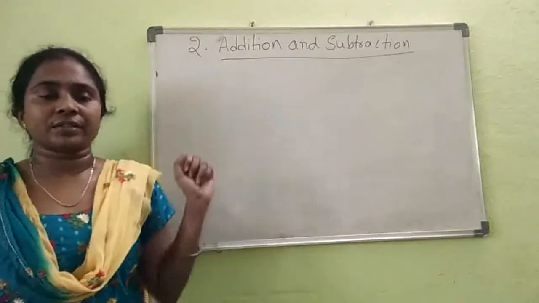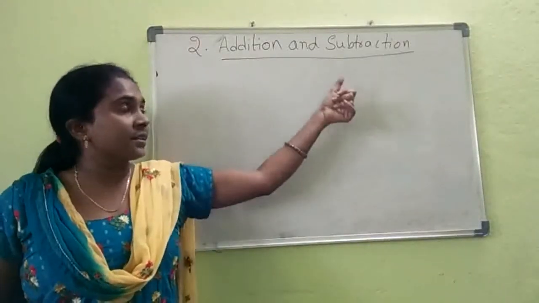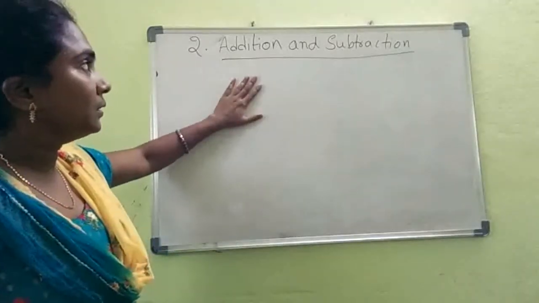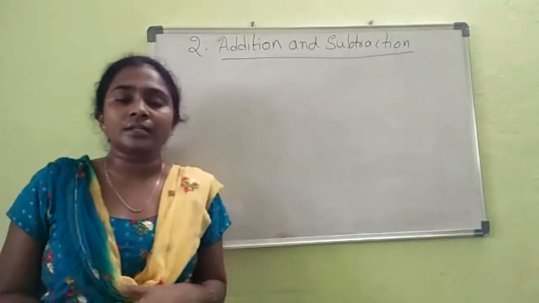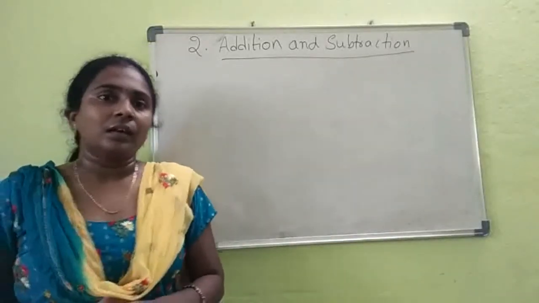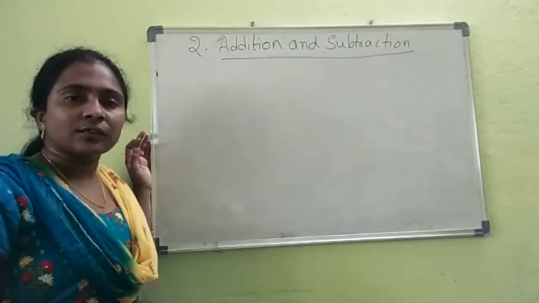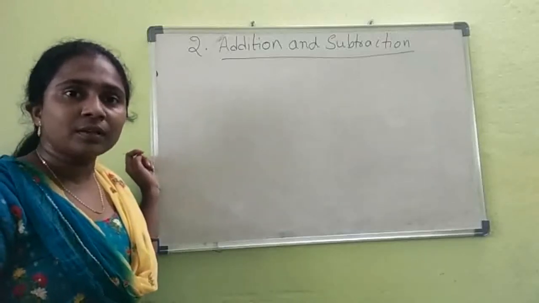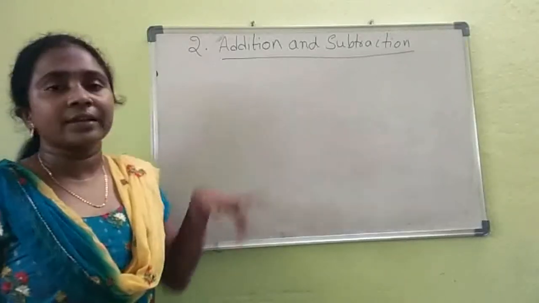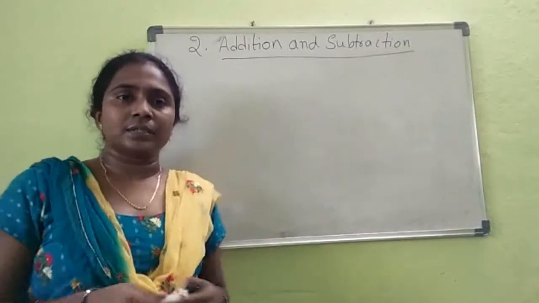Addition and subtraction. That means you all learned in the previous class, that is in the fourth class, addition and subtraction of smaller numbers, right? Now in this class you will learn addition and subtraction of larger numbers, right? Now in the previous sessions we learned the larger numbers, right? What are the larger numbers we discussed? That is 7-digit number, 8-digit number and 9-digit number. So now in this class we will learn addition of 7-digit number, 8-digit number and 9-digit numbers, right?